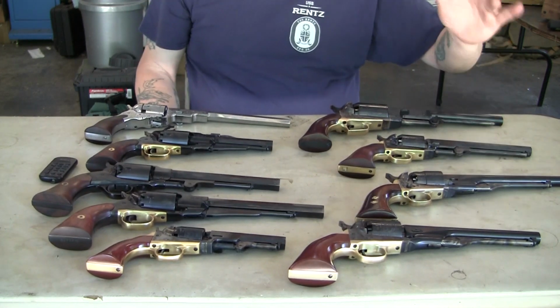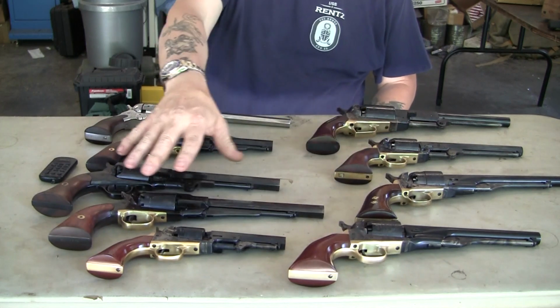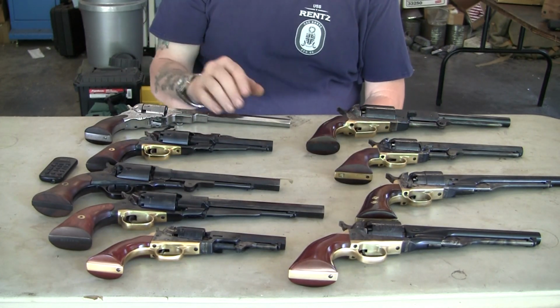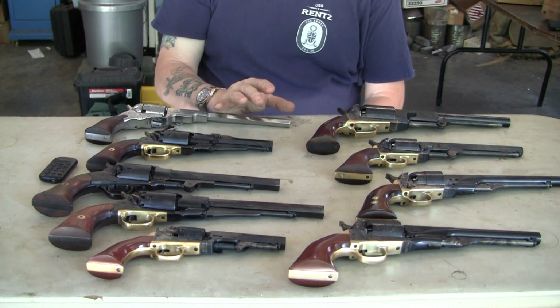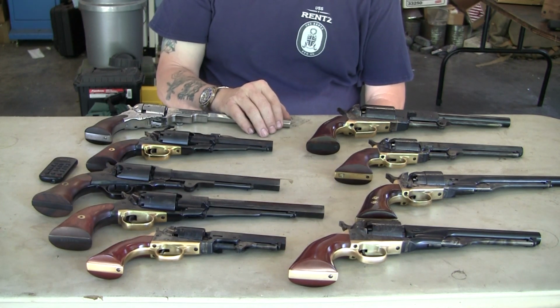Now, what type of revolver? We're going to talk about brass frame guns, because you can get a brass frame on just about all of these. A brass frame, though it may not be historically correct, makes a more economical pistol. So, brass frame, I stay away from. Why? Because,